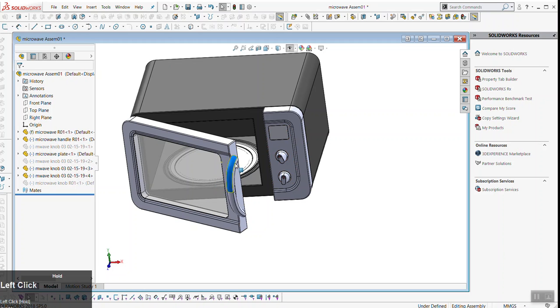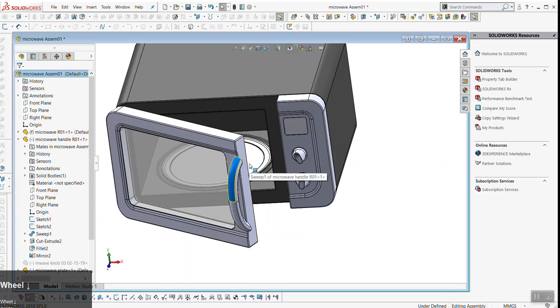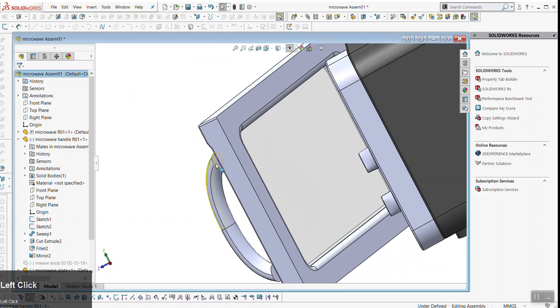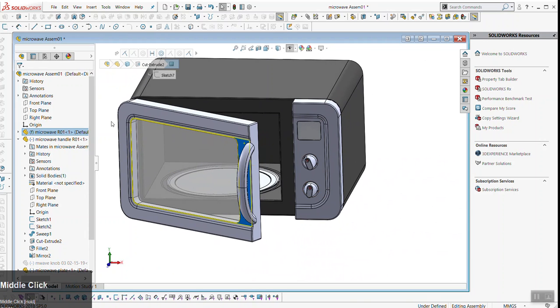That's when it might make sense to take this handle and define it more. So Mara, you mentioned you had trouble fixing your handle. So let's look at this. Right now we have this face here stuck to this face here. That's the only mate we have. If I want to fix it left to right,